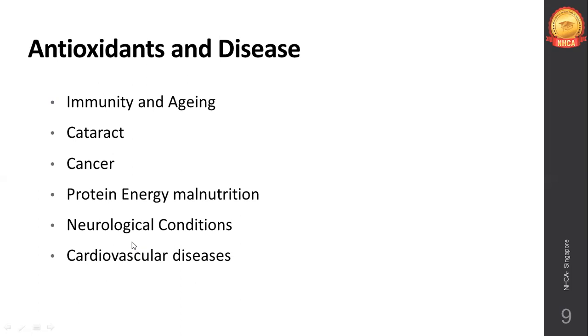But there has been an association which we have seen. People who suffer from cardiovascular diseases have lower levels of these antioxidant enzymes. Superoxide dismutase, catalase, glutathione peroxidase were significantly lower in all the patients who had ischemic heart